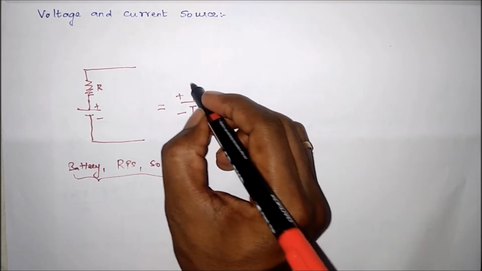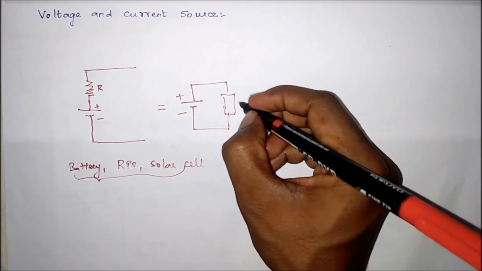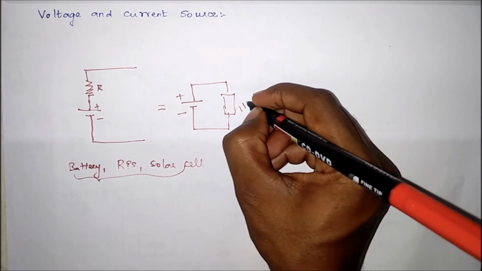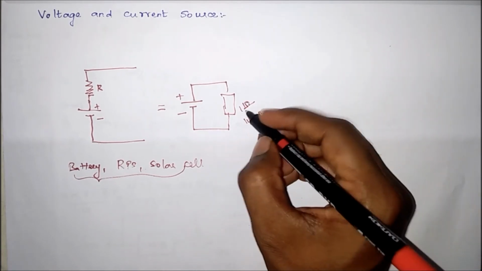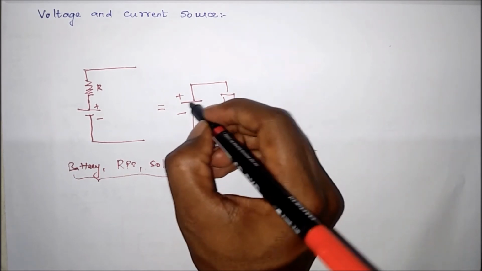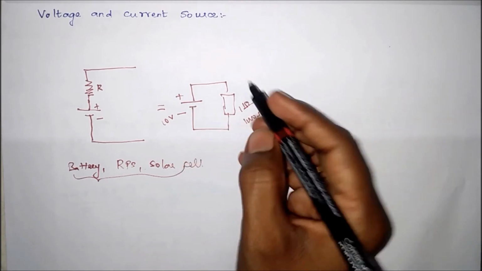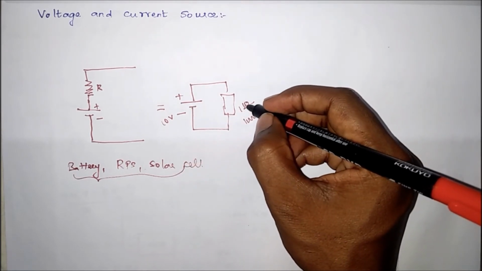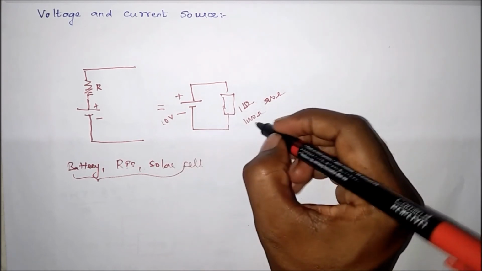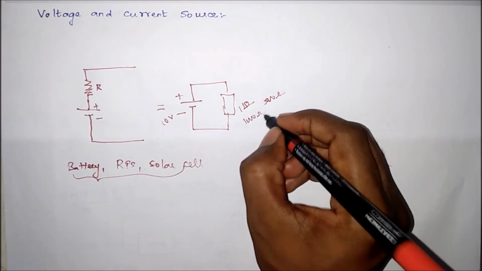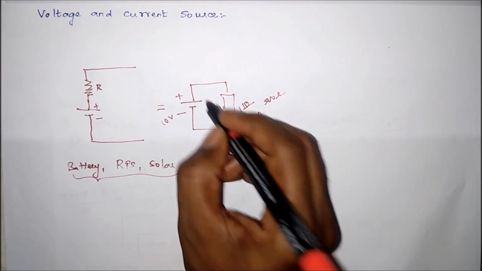Actually we see, suppose I connect a variable resistive load from 1 ohm to 1000 ohm. If I keep 1 ohm, suppose we consider this voltage is 10 volt, here voltage is 10 volt only. Suppose if I increase the load to 500 ohm, the voltage is 10 volt only. Suppose if I increase to 1000 ohm, the same voltage will be available. Therefore this is the voltage source.